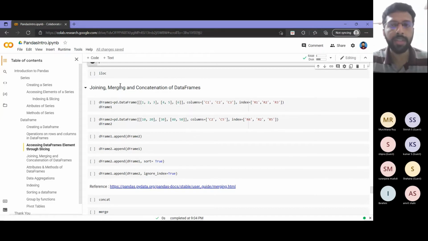And merging is where, similar to SQL or set-like operations, suppose I am having one data frame corresponding to salary details of all the employees in a company, and a second data frame consisting of the educational background of all the employees in the company. Both will have data corresponding to all the employees, with maybe an employee ID or something. Now I want to give incentives to employees who have a minimum of a master's degree or PhD. For things like that, I need to take the salary, I need to take the education qualification, and I need to club those into a single data frame. So for things like that, I will go for merging data frames.